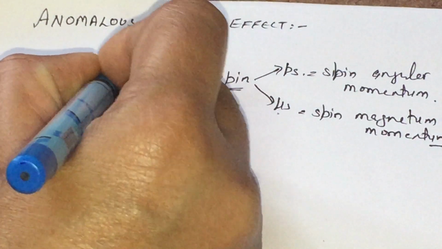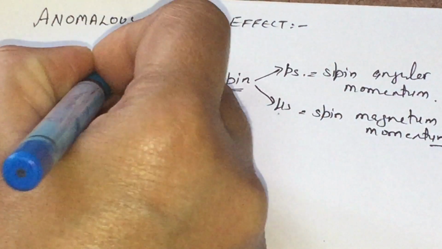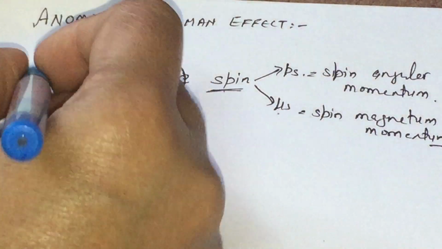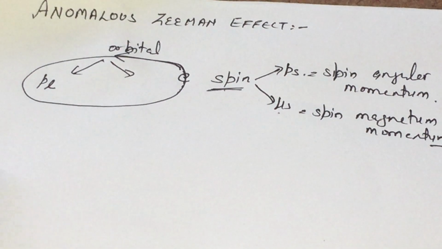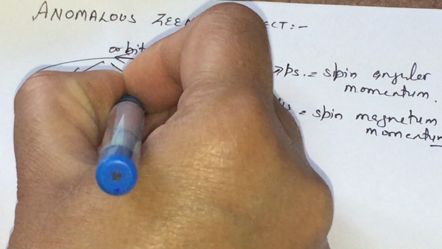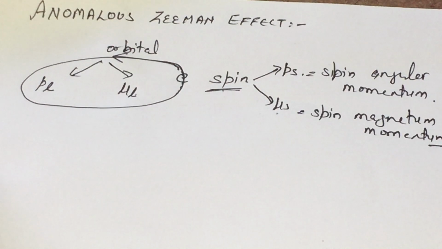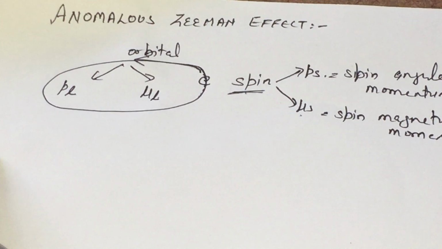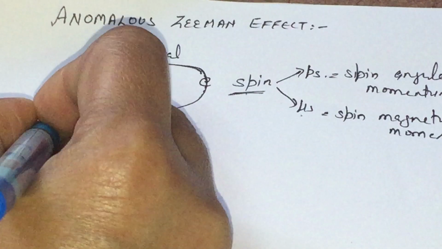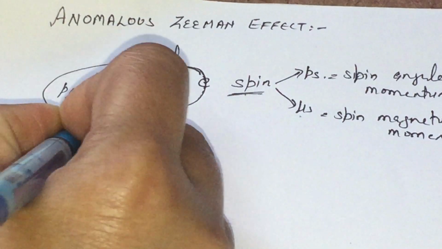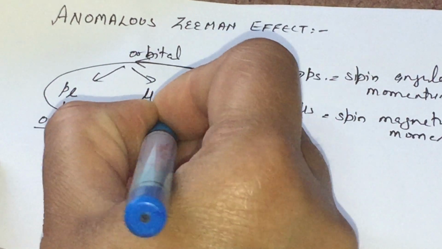Second, when the electron is moving in its orbital motion, again we have two types of momenta. One is the angular or mechanical momentum and another is the magnetic field produced by this electron, which is a charged particle in a closed loop. We know this as the orbital mechanical angular momentum, and this is our orbital